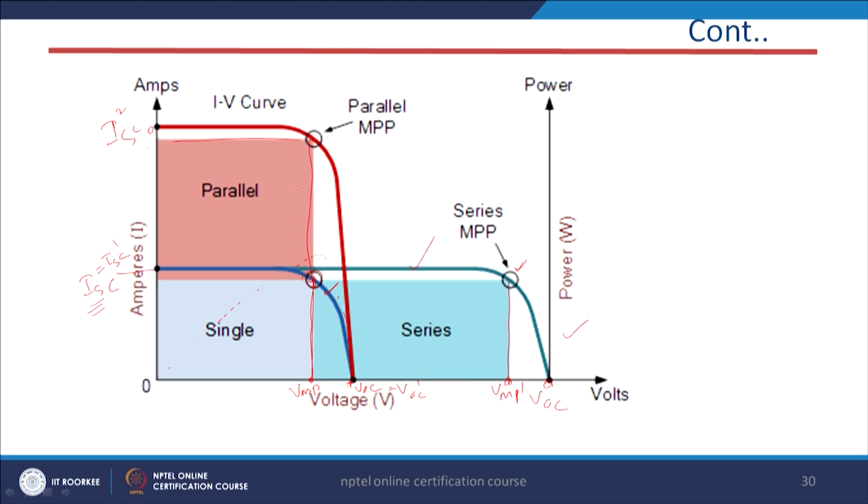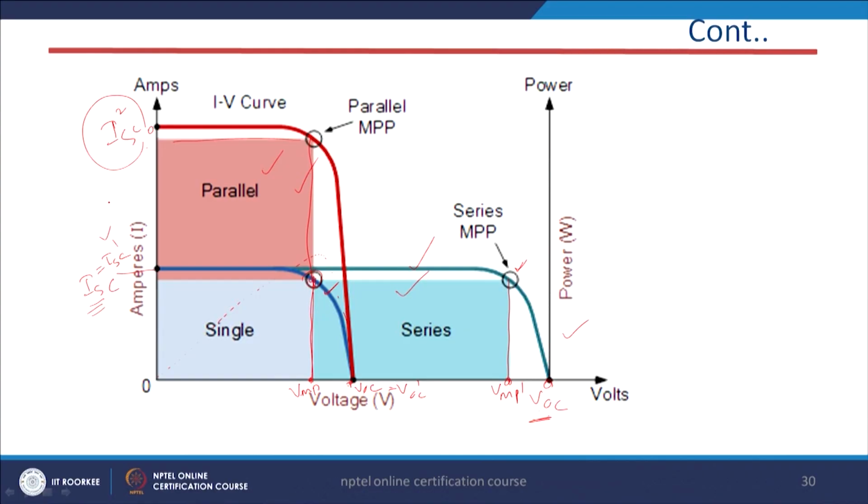So, what is the basic difference between this parallel and series combination? In case of series, we have this different VOC, because in series connection the voltage increases, and in case of parallel combination the current increases. So, that is why the I short circuit 2 is greater than I short circuit 1, and similarly if you see, the power also jumps to another level. Here is the power axis and the power was here P 1, now the power is here P 2. Obviously, this P 2 is greater than P 1,